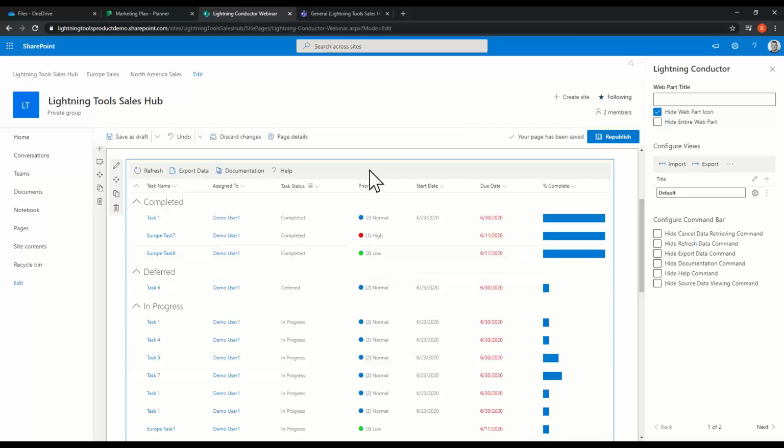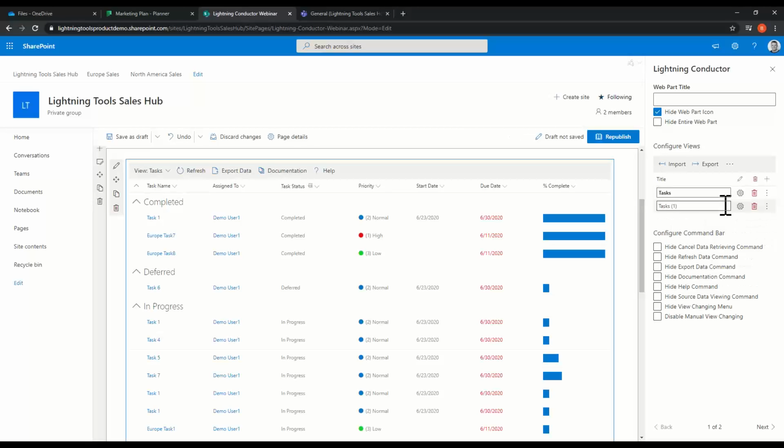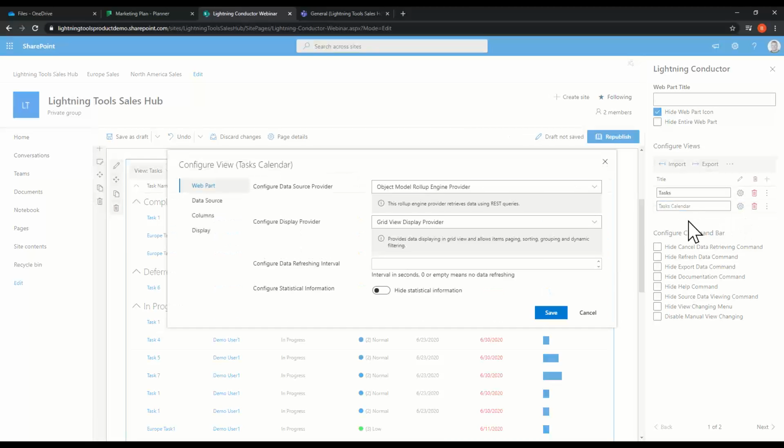All right, so that's basically working with a task list. Now you'll notice here I can name that. So I'm going to call that tasks, and that's the view that I'm naming. And I could also go through and clone it. So if I wanted to clone this view, I've now got another one, and we could change this to, say, tasks in a calendar. So we'll go back into the configuration, and rather than display this in a grid view,